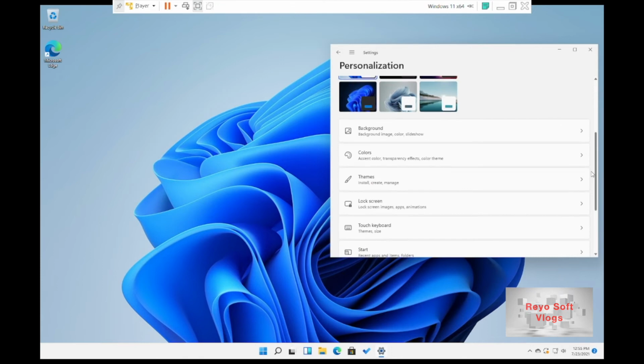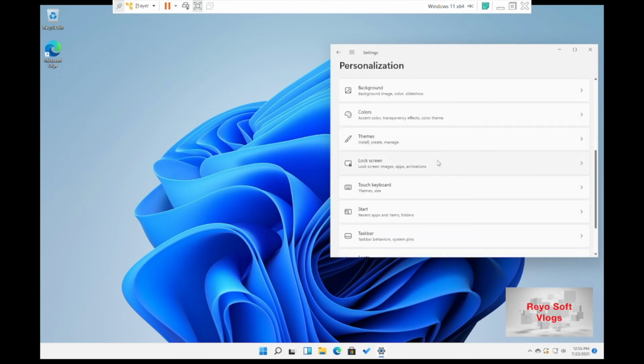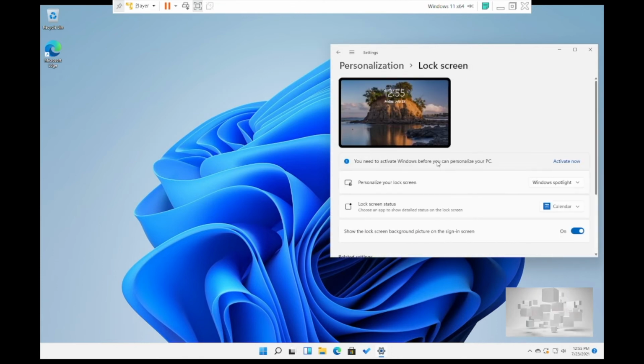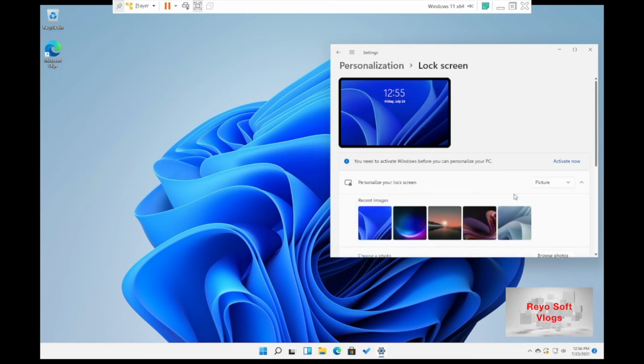We'll see the more options. For example, lock screen. When you lock the screen, what the scenery or the picture you should be displayed on the screen, you can specify. You can either specify a slideshow or a picture. Select from the options, and you can specify the status for the lock screen as a calendar or other widgets, mail, weather, all those things. You can also opt for the option to show the sign-in screen, lock screen background option.